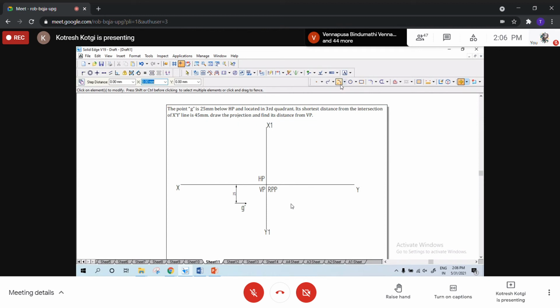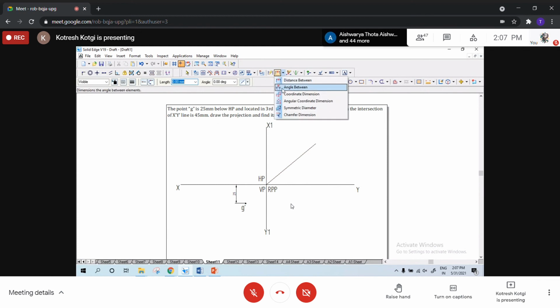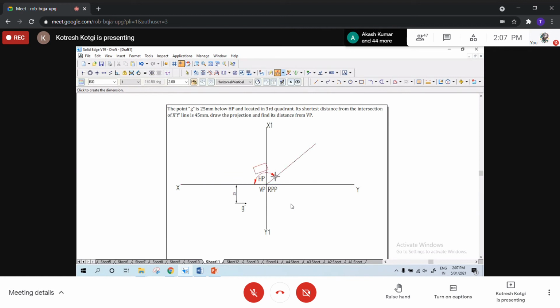Okay, if everything is given, what I'll do, I will draw a 45-degree line beside HP. Blindly I can draw the 45-degree line, right? For that, no data is required. So always it is beside HP. So draw the 45-degree line and then fix the angle. What you people will do, just measure the 45-degree line with the XY line and then draw the line. Here I'm using the software, so I'll draw the line and then I have the provision to change it. Now, can you see it? The 45-degree line.